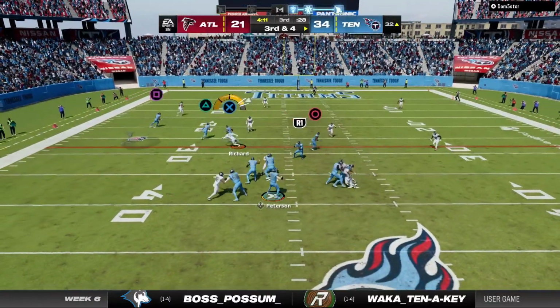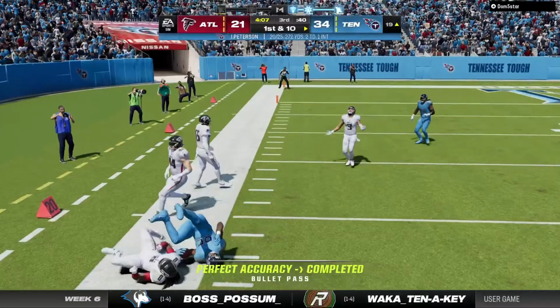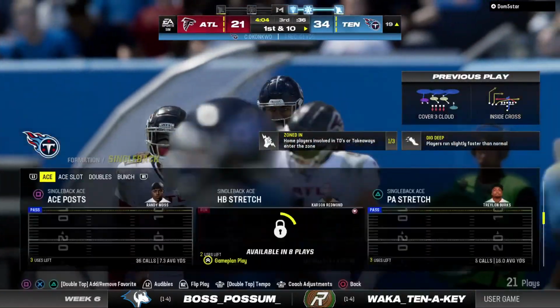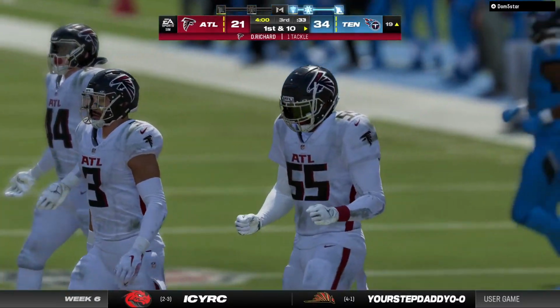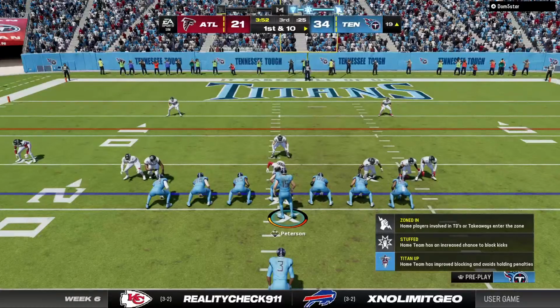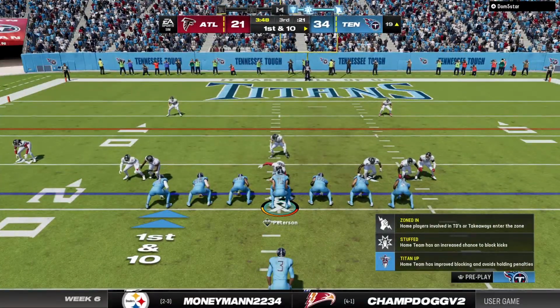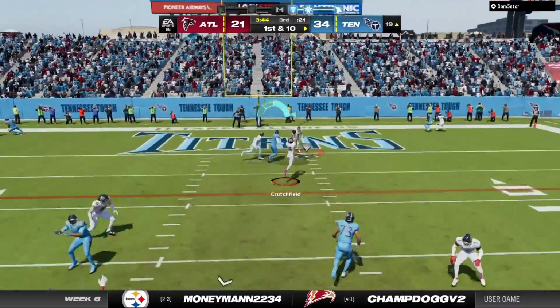Peterson now from the gun on third down. He's got his target. That's complete. And he will have the Titans first down as they're able to get the third down conversion. Whatever the discussions were at halftime to try to slow down this offense, it has not worked to this point. Yeah, I have a vision right now of everything that was discussed at the half just being torn in shreds or being erased off of the Microsoft Surface tablets because none of it is...